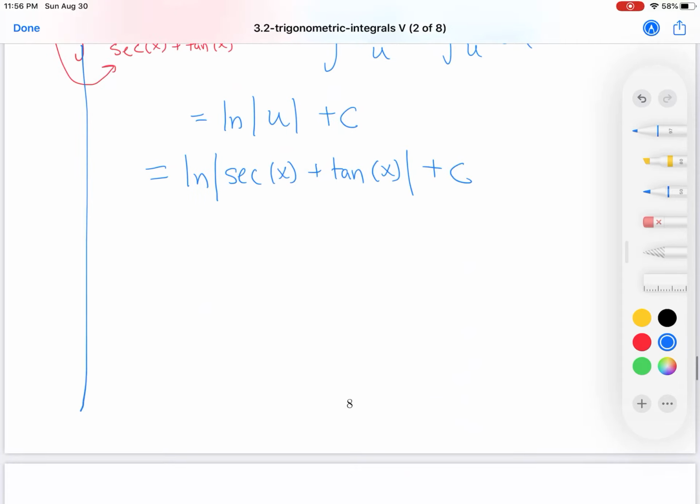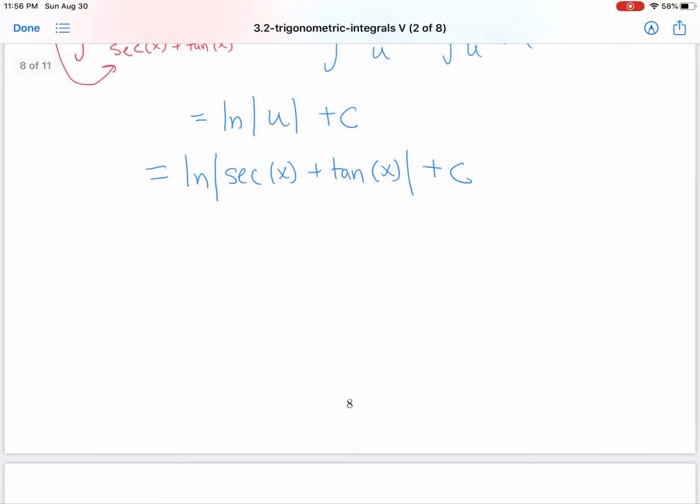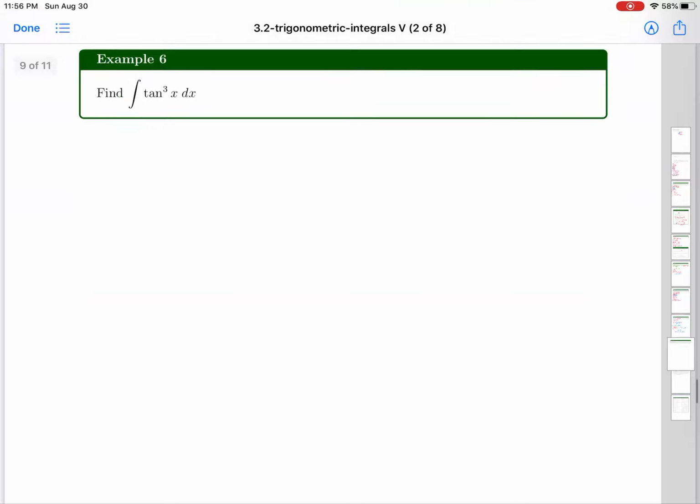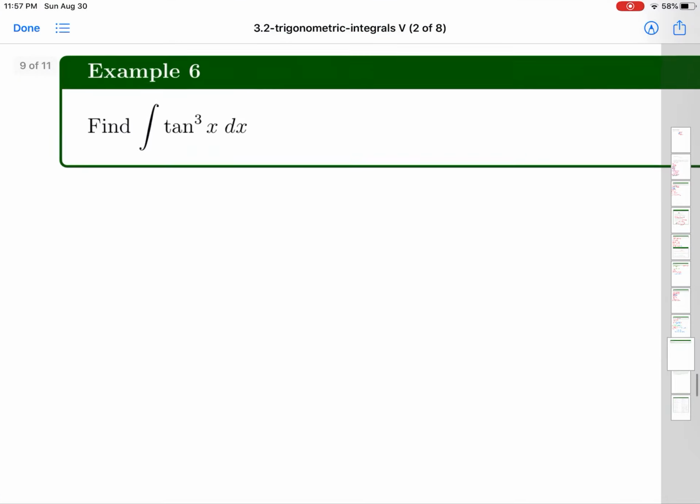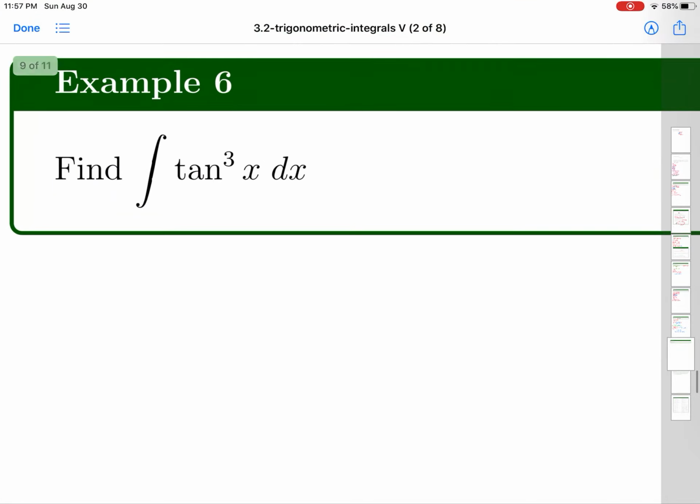But for now, what we're going to do is another example. So if we move on here to example 6, we have to find the integral